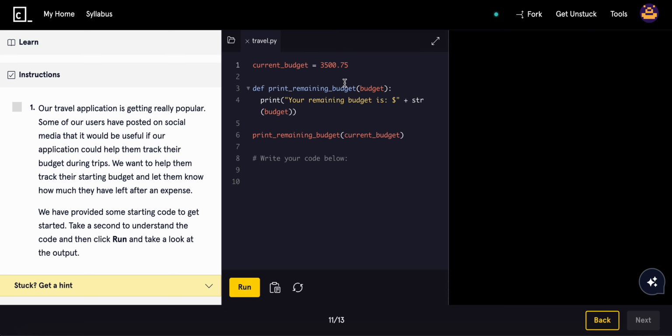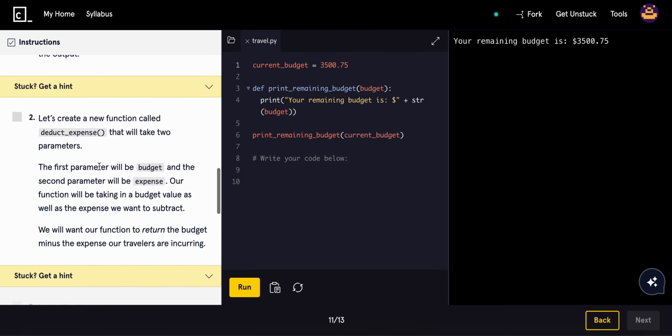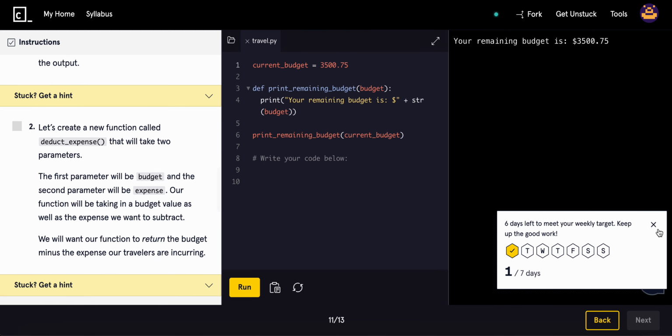So this current budget is going to be $3,500.75, and then the print remaining budget, and then we do your remaining budget is current budget. All right, got that part. Yep. And then let's create a function called